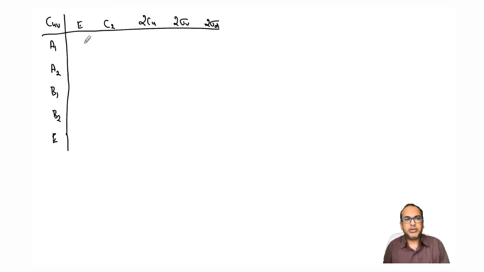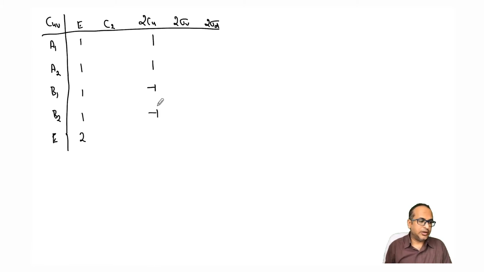Okay, let's also do some exercise of what information we can get from Mulliken symbols. So A1 means this is one dimension, one dimension, one dimension, one dimension, and this should be two dimensions. So we can write down the characters. Now, because this is 1 and 2, the principal axis here will be C4. So the principal axis will be positive here, and negative here, right? And then this we can't tell.